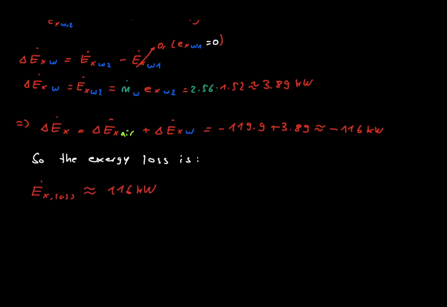This is the most important result. Energy was transferred from the air to the water, but most of the useful work potential was destroyed. Why? Because heat transfer across a finite temperature difference is irreversible, and irreversibility creates entropy. Entropy destroys exergy,